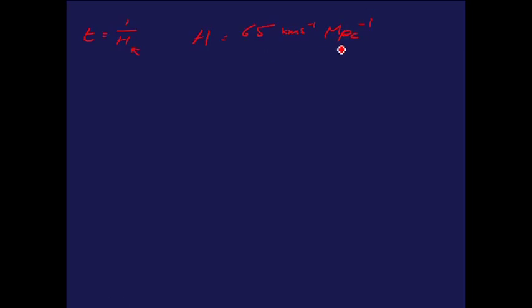This of course is distance, this of course is distance, so it should all cancel out to just give us h with the units of seconds to the -1, but we've got to convert these units to make them the same, to meters. So here's how we're going to do this. We're going to say that the Hubble constant is 65,000, because it's kilometers, divided by however long a megaparsec is.